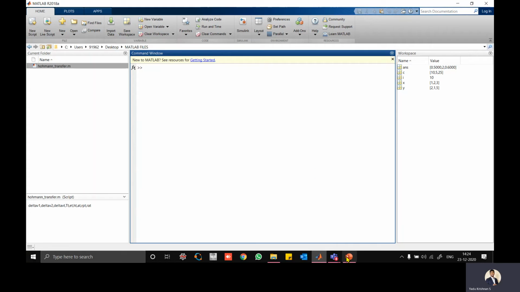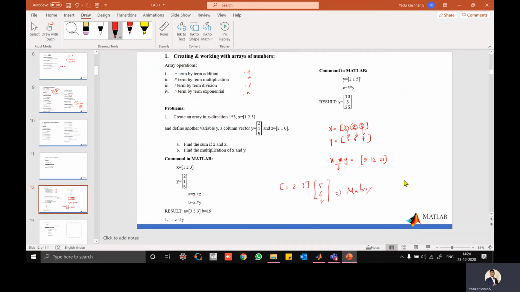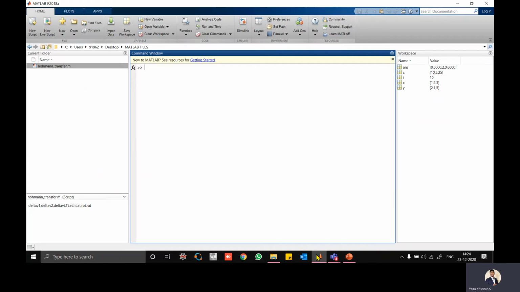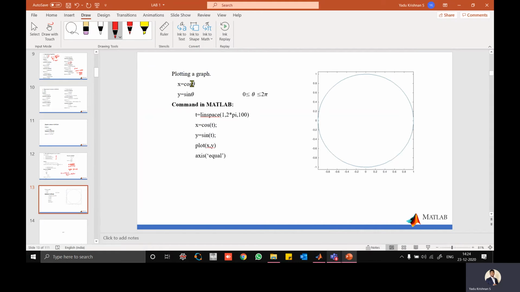Now we'll discuss one more thing, the final thing here. You can go through this one and see whether you are able to get it or not. One small thing: how to define a curve or draw a circle. Let's take you have a theta value. If you look at this one, x equals cos theta, y equals sin theta, and theta values from 0 to 2 pi, that we know.